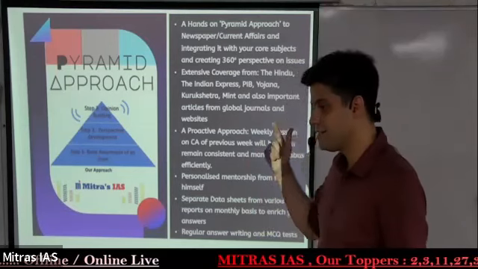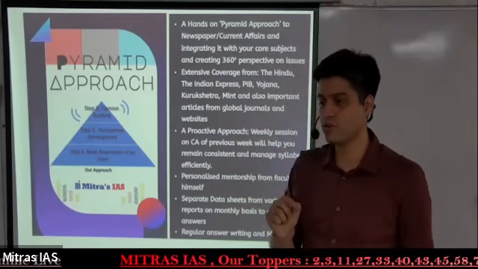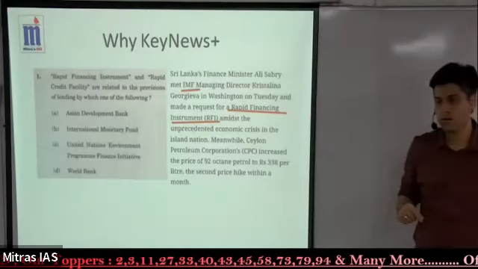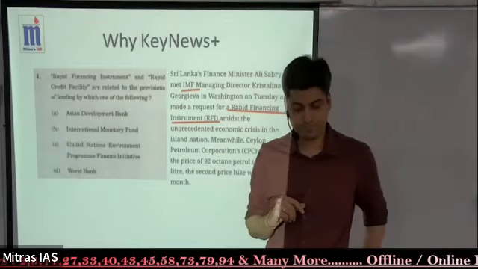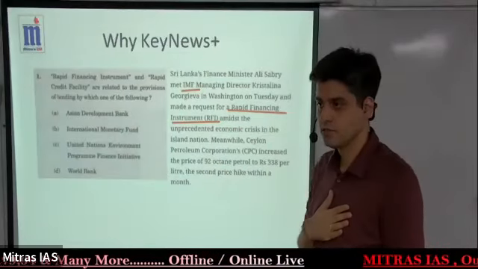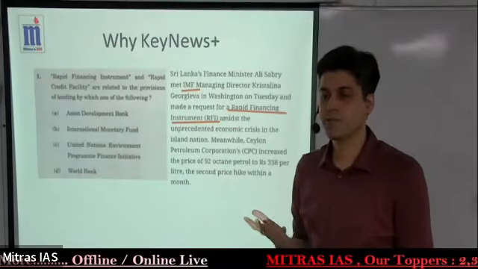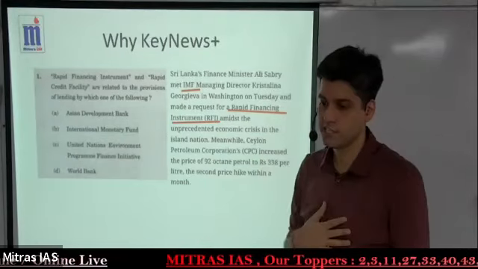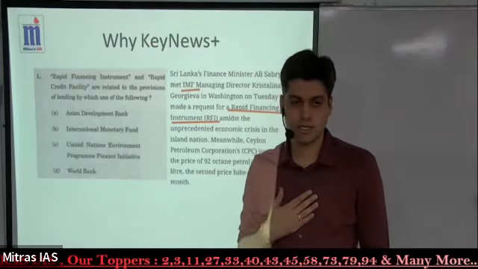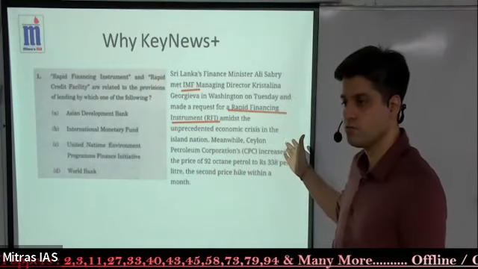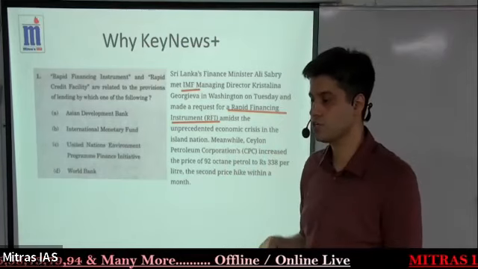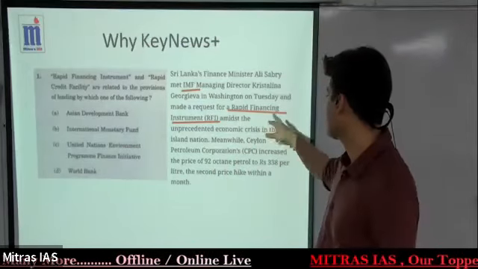After this slide, I'll talk to you about why. I'm sharing certain questions from this year's prelims one by one. First question, this was in this year's prelims. Many people struggled. We know the IMF, but we might not have read about the rapid financing instrument. Sri Lanka was so much in the news. It's going through an economic crisis. And this news is, I think, around 50 to 60 days old, where Ali Sabri, who is the finance minister of Sri Lanka today, made a request for a rapid financing instrument.